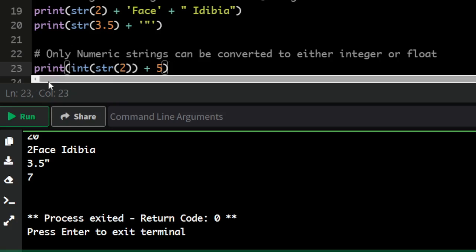So it's fine now. The logic here is that str2, which is string 2, is changed to an integer by virtue of casting it with the int that is outside. So whatever is outside is what the thing that is inside will come out as. Okay, so that is how it works. If you run it,